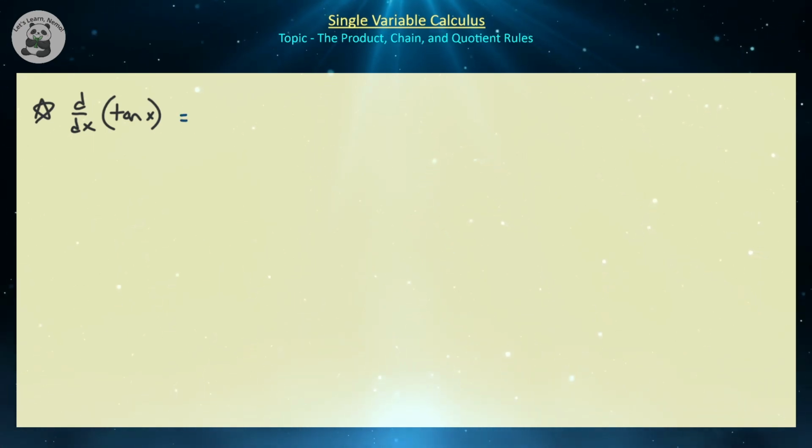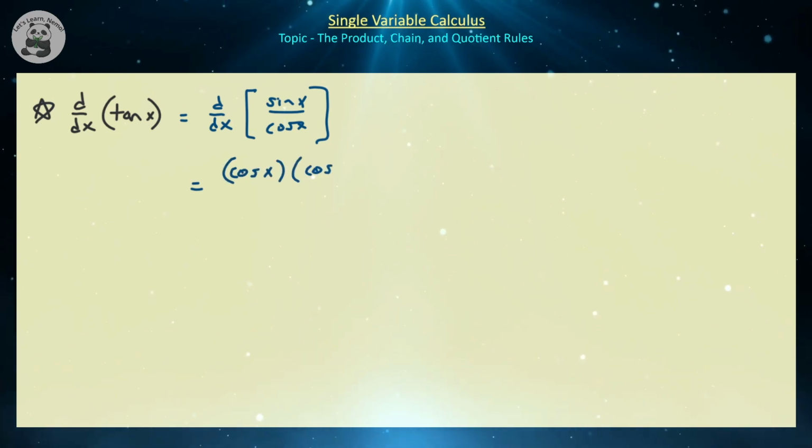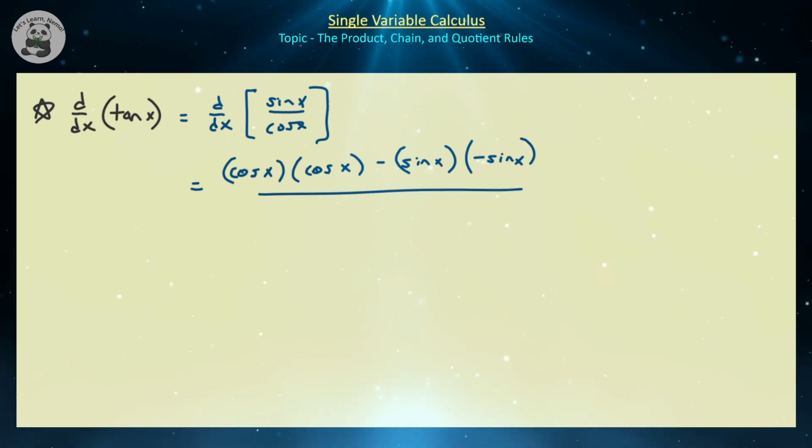Well, you might not know the derivative of tangent, but you might know another way of writing tangent. If you do, then you should know that tangent is the same thing as sine divided by cosine. If you know the derivative of sine and cosine, you can find the derivative of their quotient via the quotient rule. So that's going to be what? It's going to be the bottom times the derivative of the top, minus the top times the derivative of the bottom, and the derivative of cosine is going to be minus sine, so careful of that minus, all over